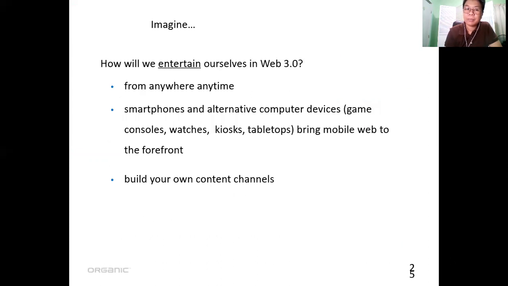And of course, just imagine how will we entertain ourselves on the web? So TV goes social, you build and send content to your friends. And of course, friends recommend media based on your history and preferences. So you recommend your own content, you build your own content channels. Of course, advertisers sponsor exclusive content. So again, you recommend media-based platforms on your history and preferences. Okay, so lumalabas yun. So now it's happening actually.